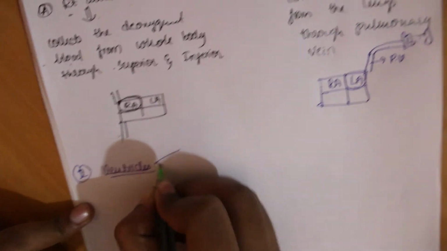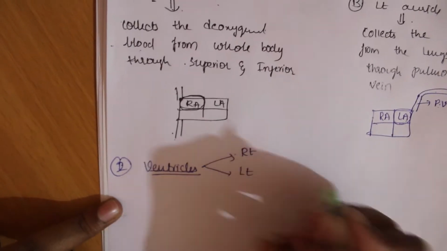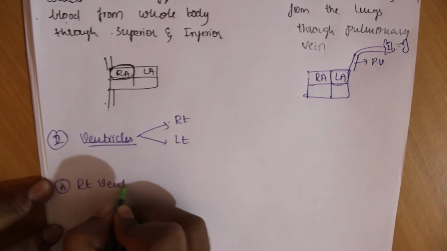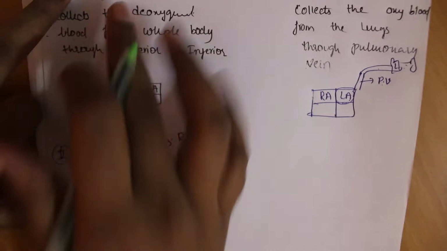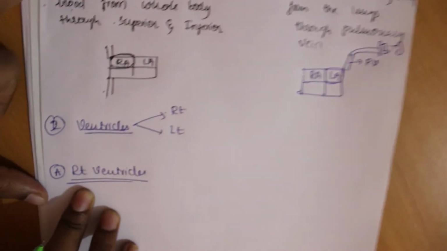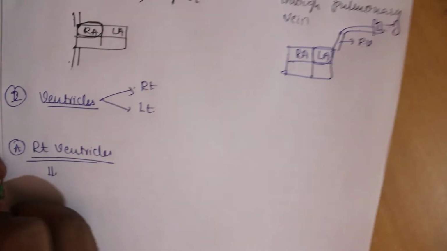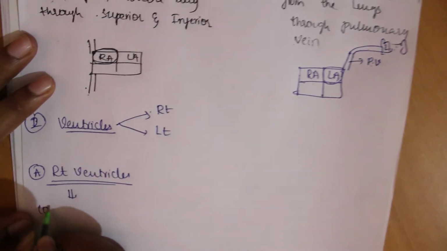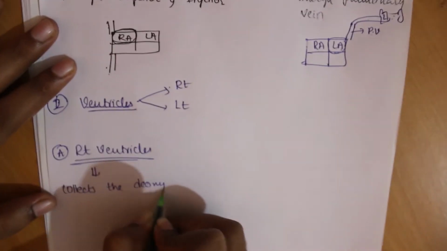Here also the ventricles are divided into two, that is right and left. Now move on to the first one, that is the right ventricle. Both the auricles and the ventricles are divided into two, right and left. What is the main function of the right ventricle? It collects the deoxygenated blood